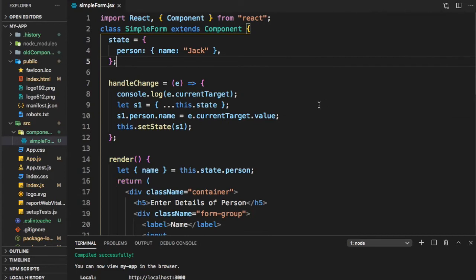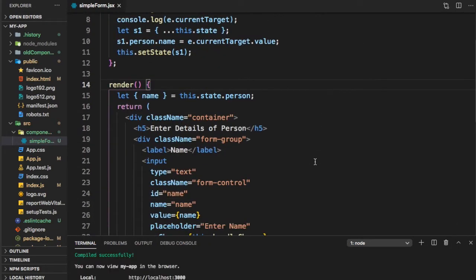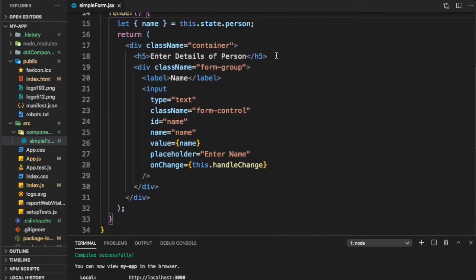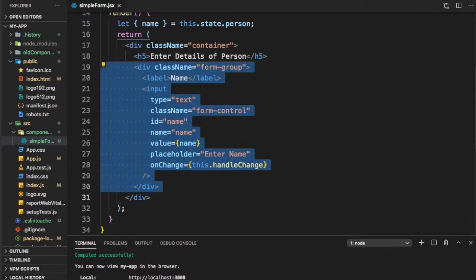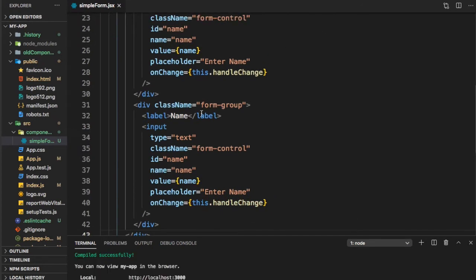Let us say that instead of only name, we also had another field. Let's say we call it age. How do we show a text field to handle it? So let me copy this text field and use it. What all changes am I making? The label, let's make it age.